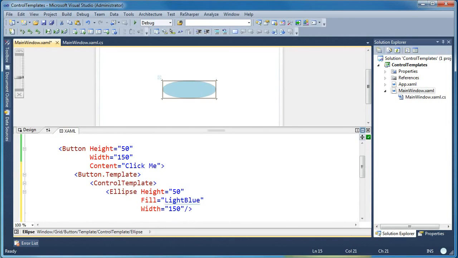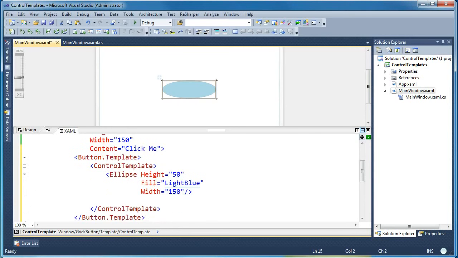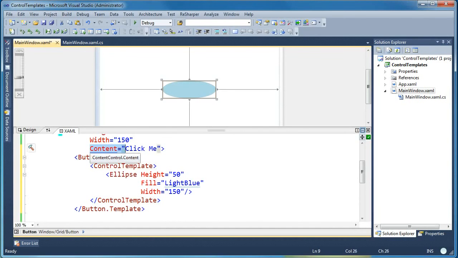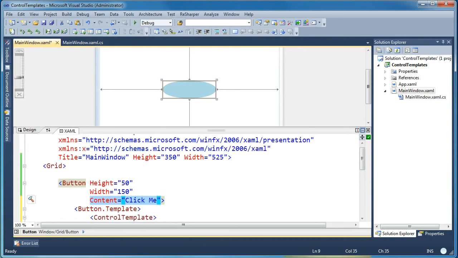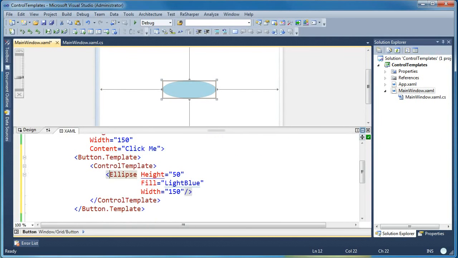Okay, so now you can see above in the designer that I've replaced the visual tree of my button template to be just an ellipse with a height and a width and a fill set to light blue. So that's good, but the one thing that I'm missing here on a button is the content that the parent button has set. It's set right now equal to a string called click me,